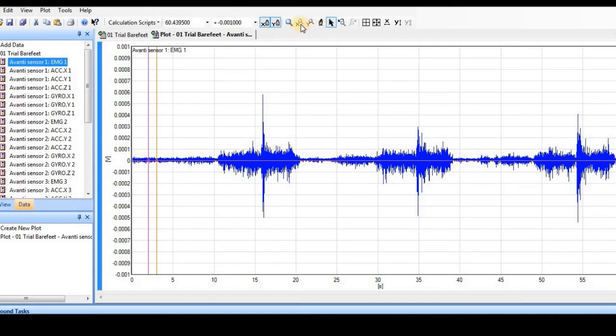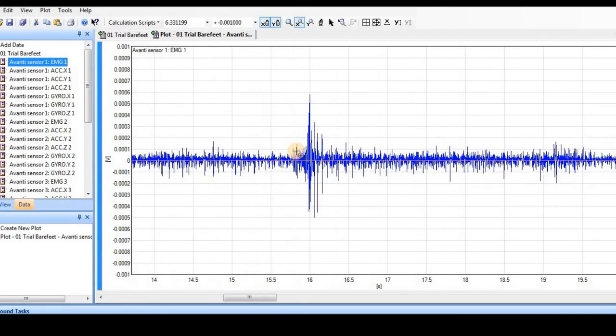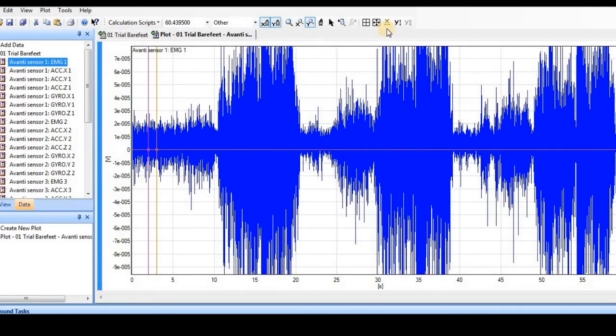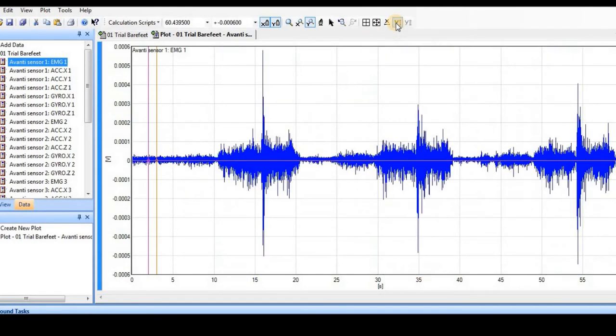This is your x-axis zoom tool. If I select it, any part of the x-axis will be zoomed like this, and if I want to go back, I can just go back like this. Now if I want to zoom the y-axis, I can zoom it like this, and you can see that the y-axis is zoomed. Again, I can collapse it to its minimum auto scale values.